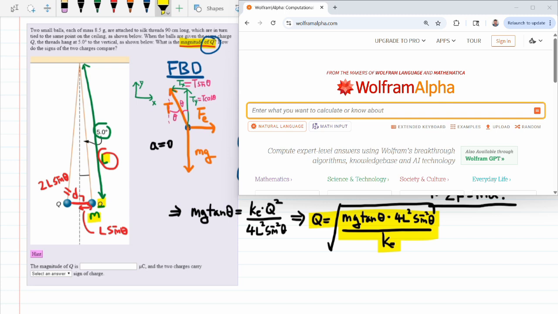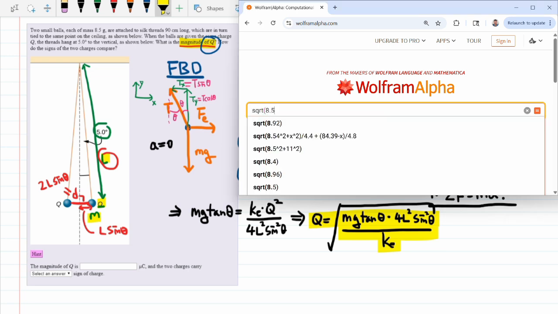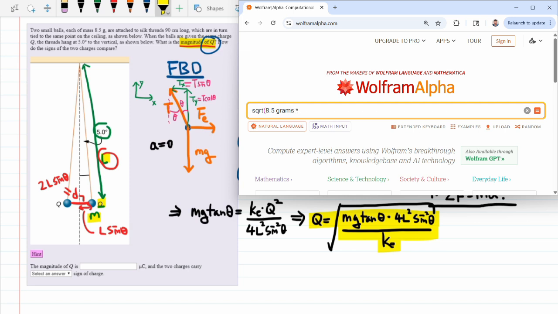So let me just plug in some numbers to Wolfram Alpha to get a sense of what a typical amount of charge value is for a realistic situation like this. Let me type in the formula here. Square root of mass 8.5 grams times g 9.8 meters per second squared times tangent of the angle 5 degrees times 4 times the length 90 centimeters squared times sine, I'm going to be squaring it, sine of the angle 5